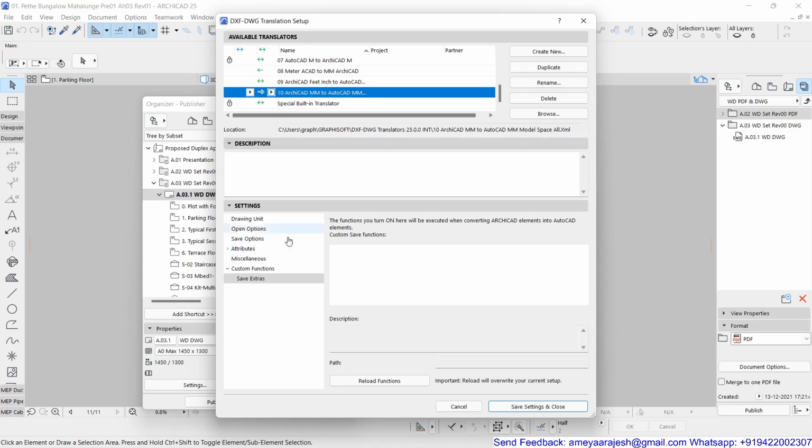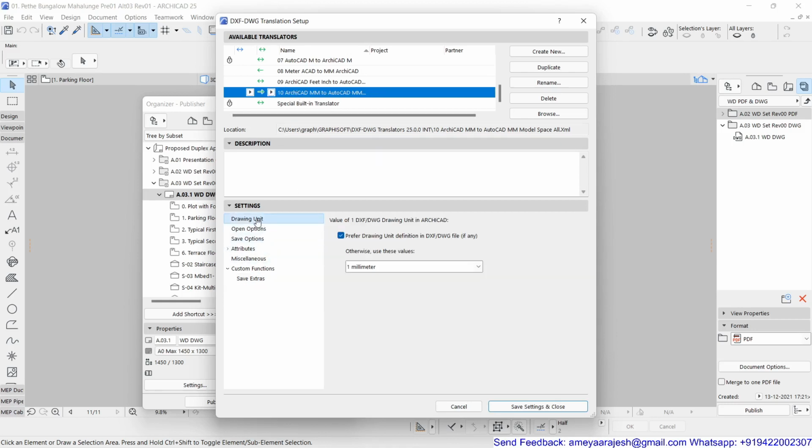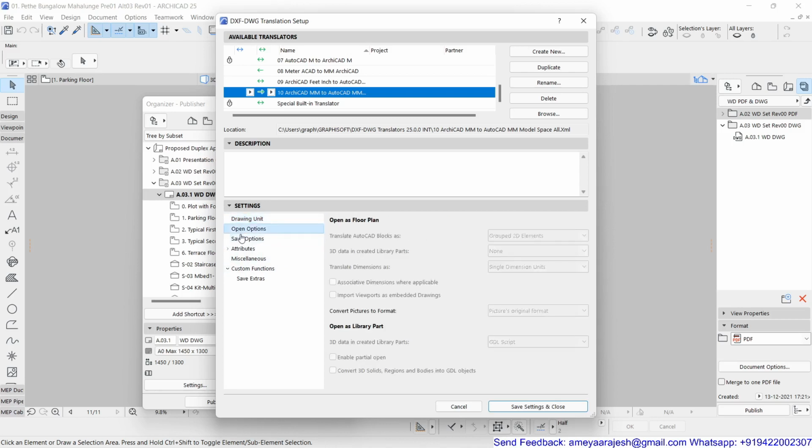Now if you check the settings, the drawing unit: I kept all the options as they are. That is, 1 BXF DWG unit in ArchiCAD is equal to 1 unit in AutoCAD. In ArchiCAD, it will be 1 millimeter. I have kept this as it is, or otherwise preferred 1 unit. But this is actually useful when you import. Extracting will be nothing but 1 BXF DWG unit and 1 millimeter. That's absolutely fine. No need to change anything as long as your drawing is not in feet and inches or something like that. After that, in the open options, I don't have to change anything.